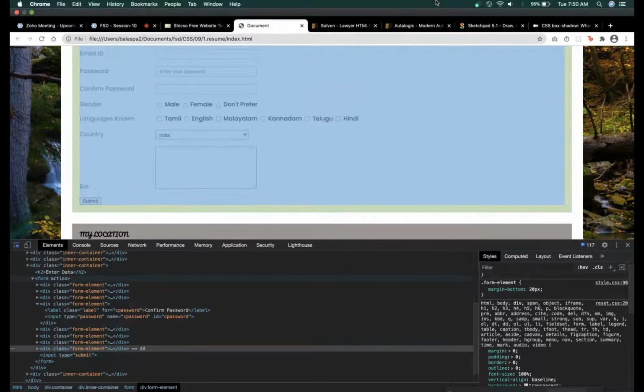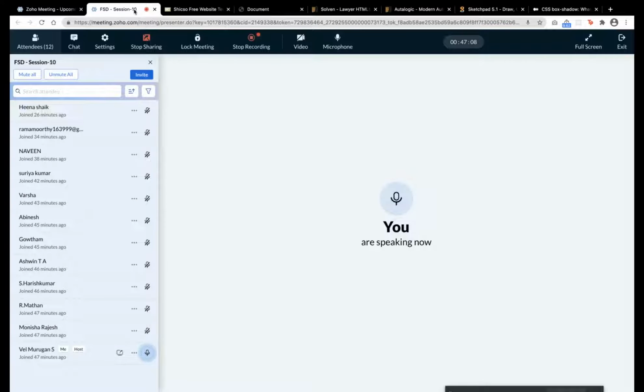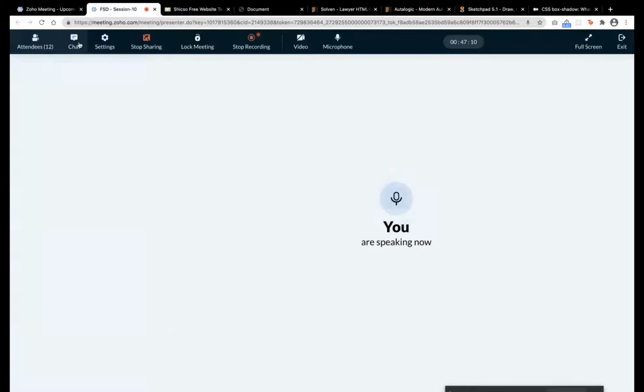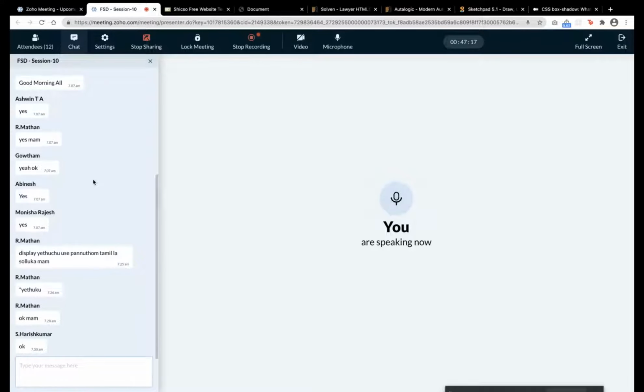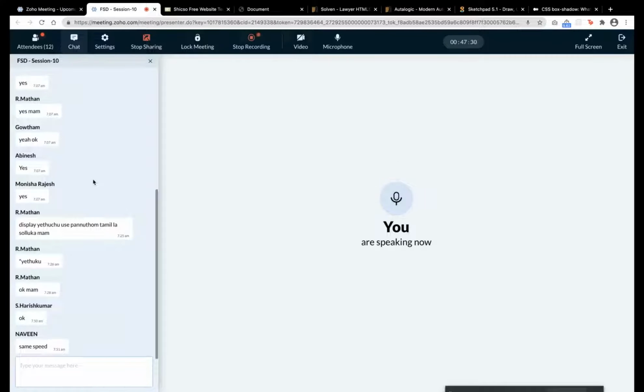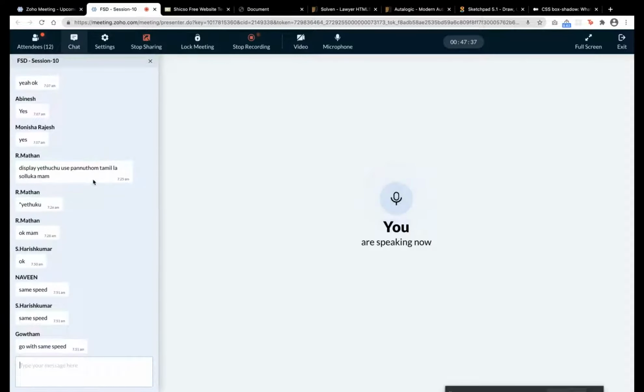So for the button, I think I'm going too slow. Or the speed is enough. I feel it's low. Or shall I go in the same speed? Okay, இதுக்கு same speed இல்ல fast போகவா? Okay, fine. Okay, thank you.